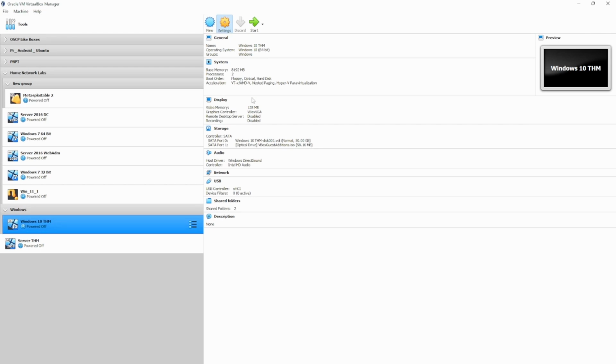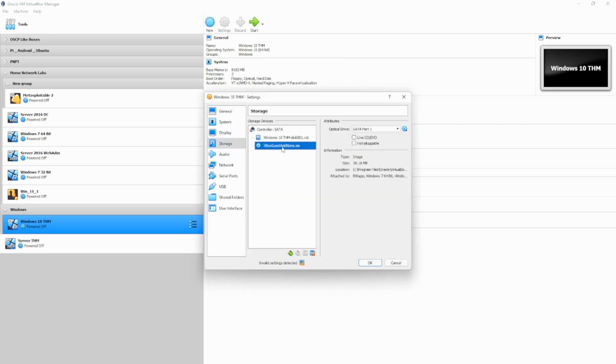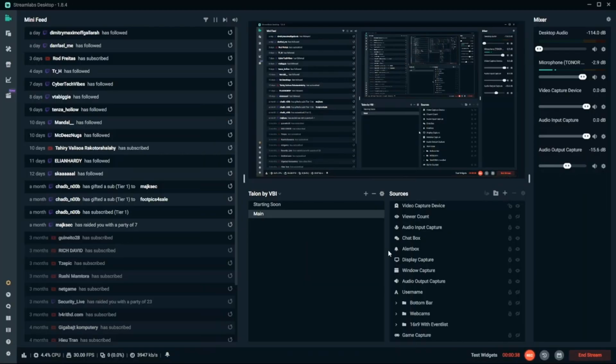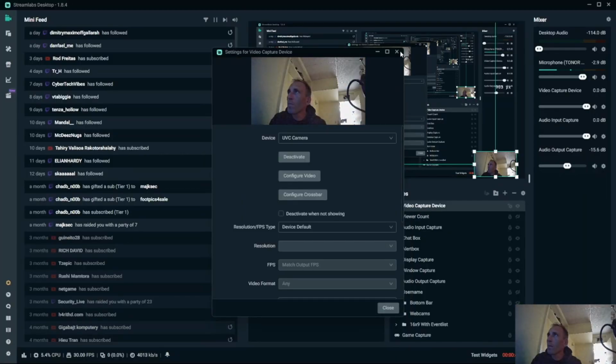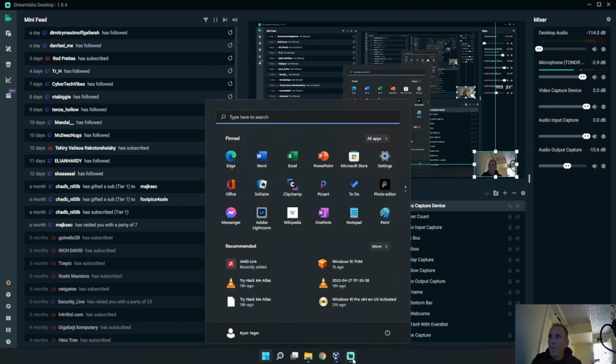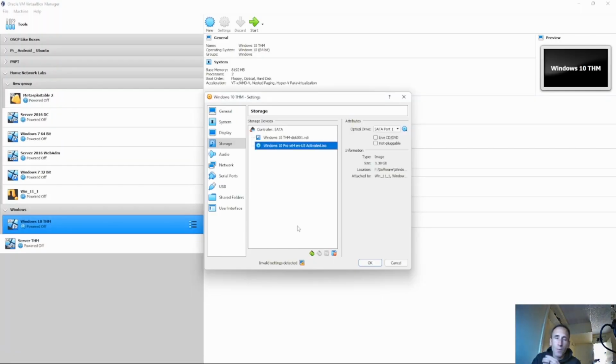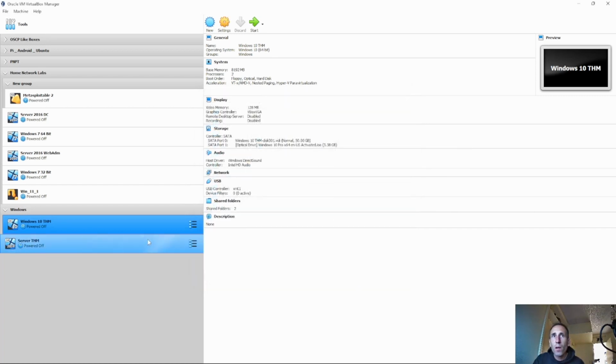So if I go to settings and go to storage, instead of VBox guest add-ons, I'm actually going to put in an ISO for Windows 10. This is like if I were to have a USB drive plugged in that has Windows 10 on it, right? An ISO of Windows 10, when Windows 10 is already on that machine, and I'm going to click OK. Alright, so I have my USB plugged in, maybe a recovery device, whatever else plugged in,